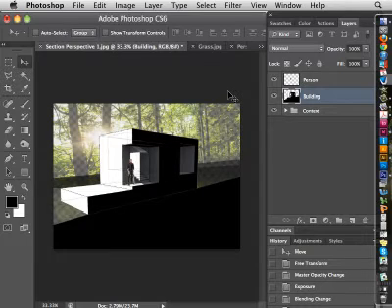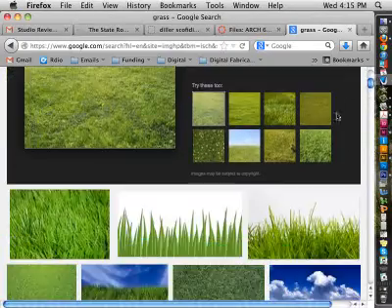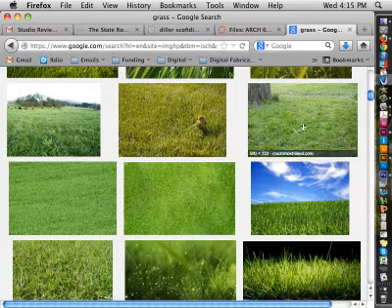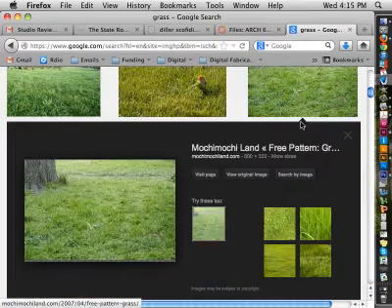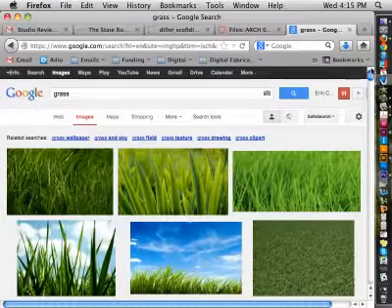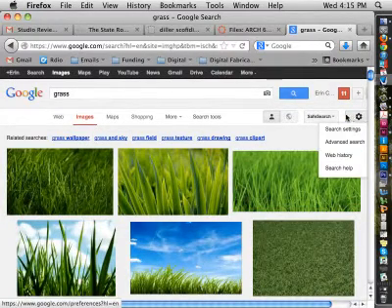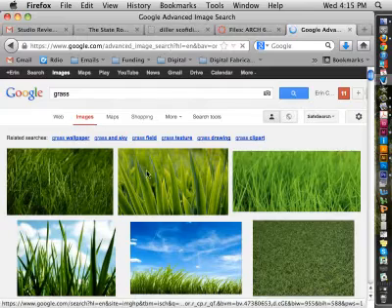Usually, for the scale of things that you guys are going to be doing at this point, pretty much anything online is going to work, unless when you open it up it's like a thumbnail, a really tiny thing. If you start scaling it up, you can pretty much get the level of information that you need. You can also go in under advanced search and only search for